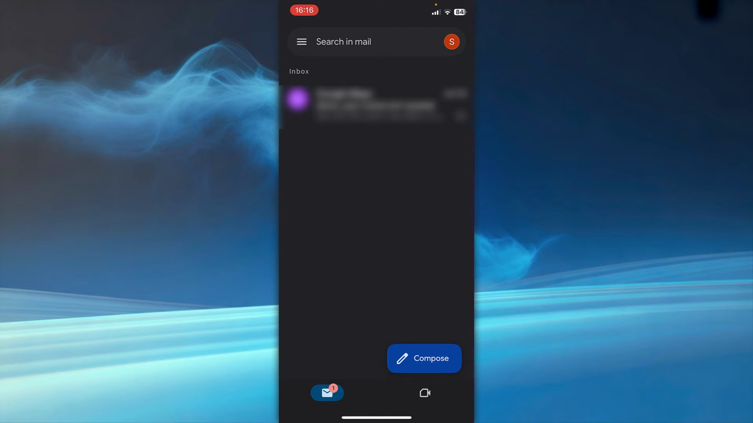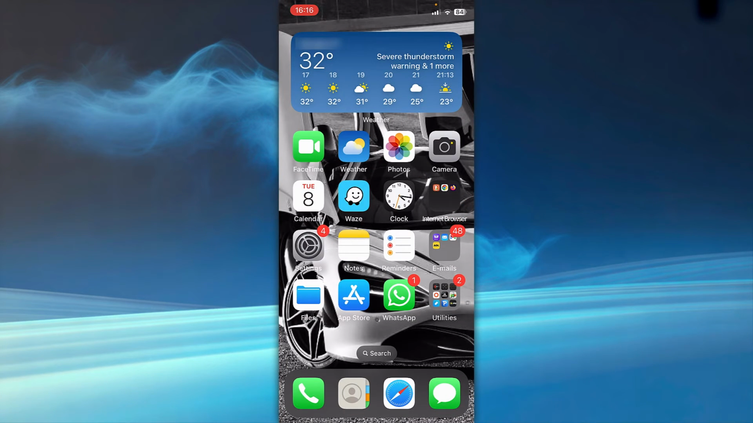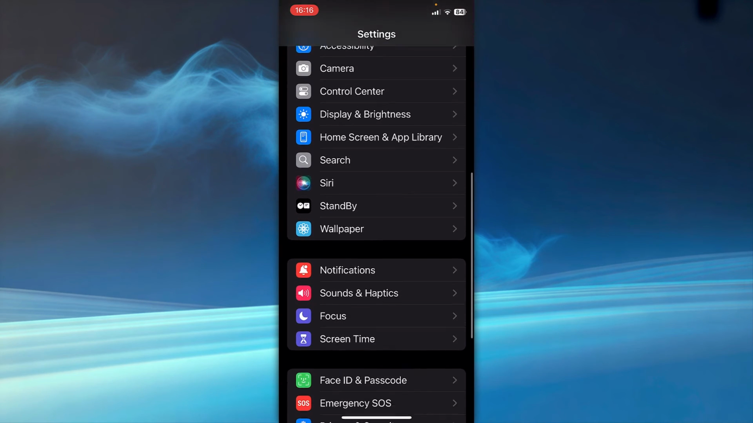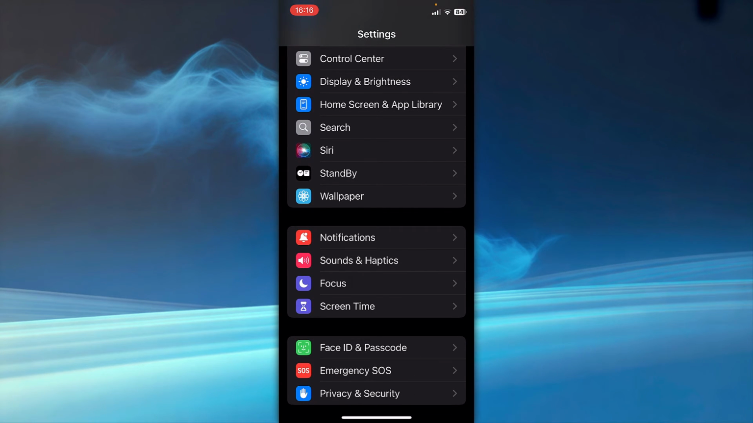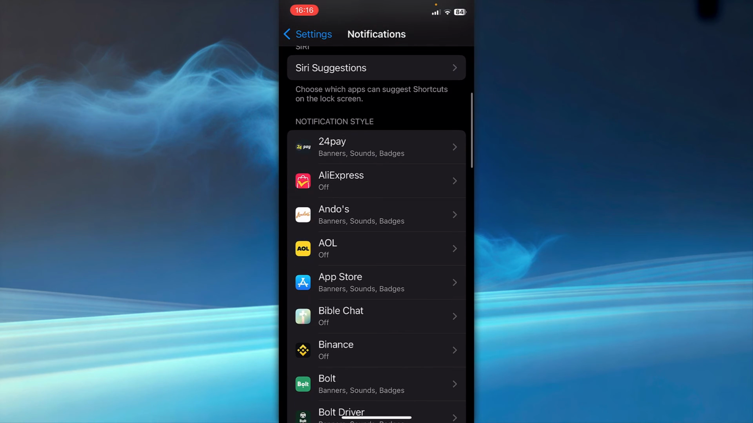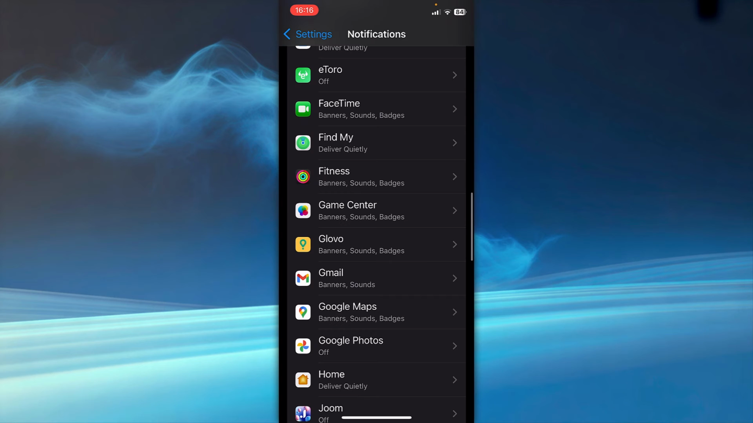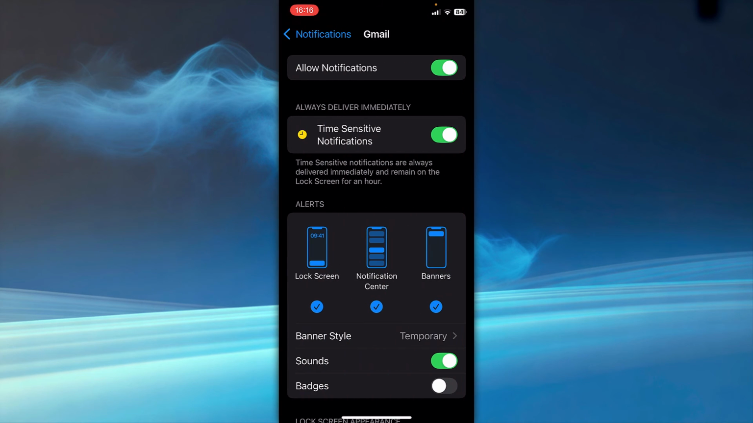So in order to disable every kind of notifications, let's close this app, go inside the settings of your iPhone. I'll hit the settings. Inside here you have to find notifications, is this one. And inside notifications, try to locate the Gmail mail app which you open to check your emails. Is this one. Here you can find every app which you have installed, and at the top you can see